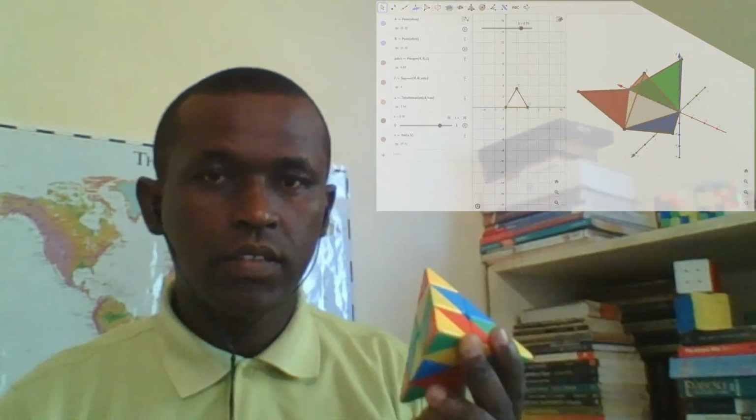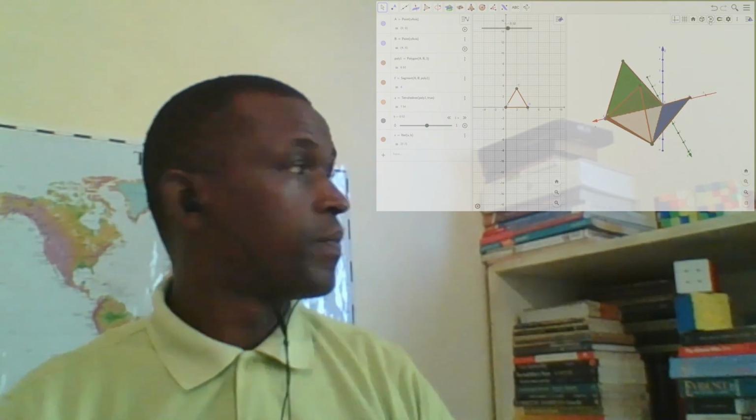Today I want to use this mathematical software known as Geogebra. Geogebra is a very good platform that can be used by teachers and students for the purposes of learning and teaching. Now I want to show you how to use Geogebra to 3D model shapes. For example, when you're teaching the topic of 3D shapes and you want to model these shapes, you can use Geogebra to do that. We can model shapes like this tetrahedron using Geogebra,